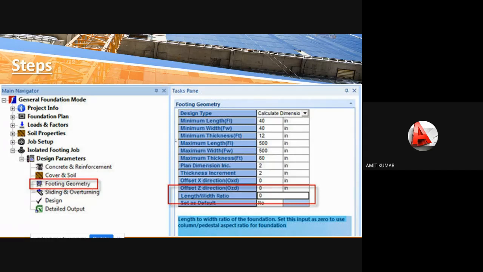Okay, if you don't have the STAAD.Pro files, but you have the AutoCAD file, in that condition you have to calculate the load of the structure manually and then you can apply that load through the load and factor value. But defining the load and factor properly is very complicated. So it will be better to create the structure first in the STAAD.Pro, then transfer the file to the STAAD Foundation. In that condition, the loading factors, everything will be automatically placed here.